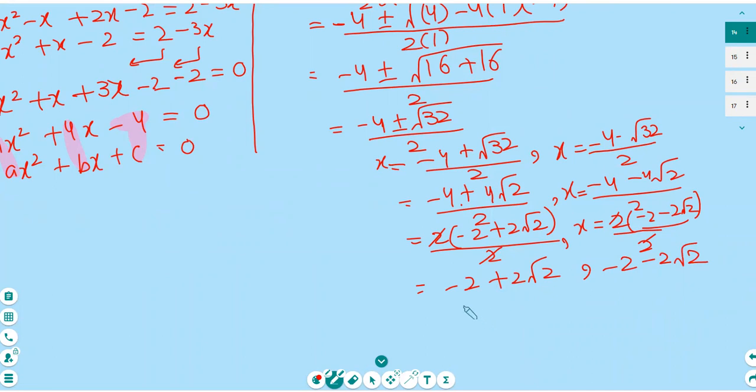So -2 plus 2 times square root 2. The first value in decimal form is 0.828 in 3 significant figures. And the second value will be